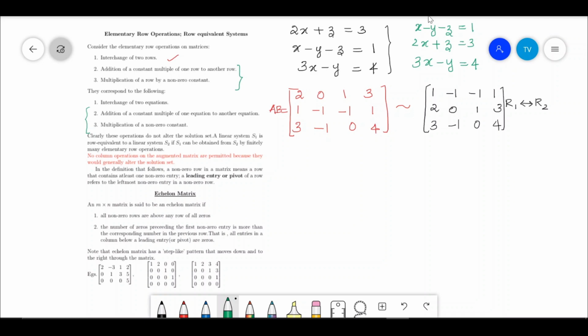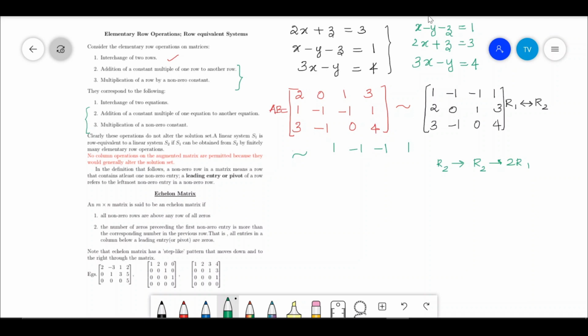So let me take this particular matrix and let us try to convert this matrix to another form. Let me keep the first row as it is, 1 minus 1 minus 1 1, and let me transform the second row in this way, R2 minus 2 R1. So I have multiplied the first row by 2 and subtracted it from the second row. Then what happens? When we do such a transformation, it is to be applied on every element of this row.